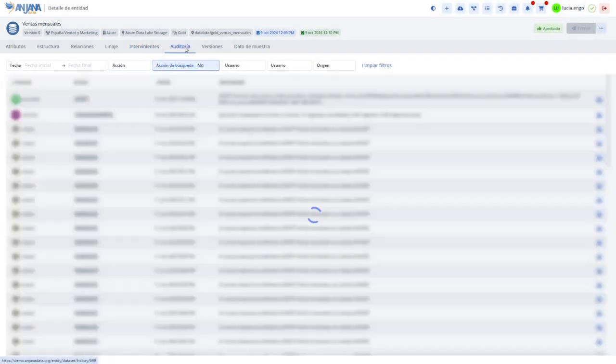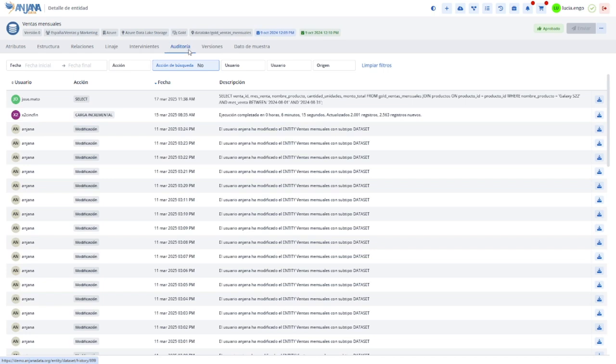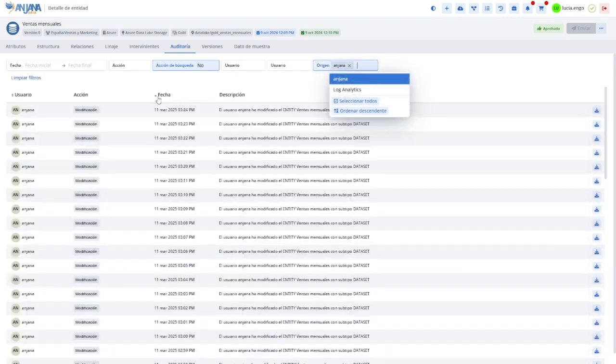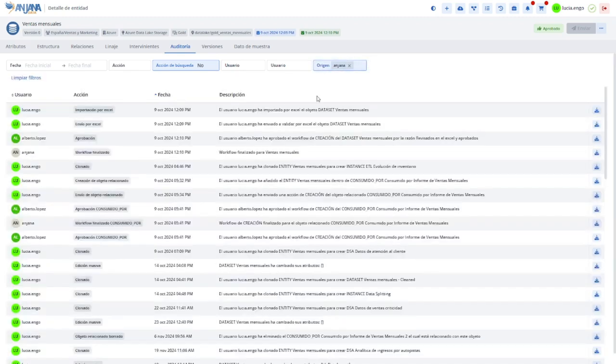As we mentioned at the start, a very important part of data governance is also having control over what has happened from the historical trace. For example, if we filter by date and extract the Anjana audit, we will be able to see that it was my user who, on October 9th, 2024, performed a creation through a massive import in Excel. In fact, I used a functionality that Excel itself has, which is send to validate,